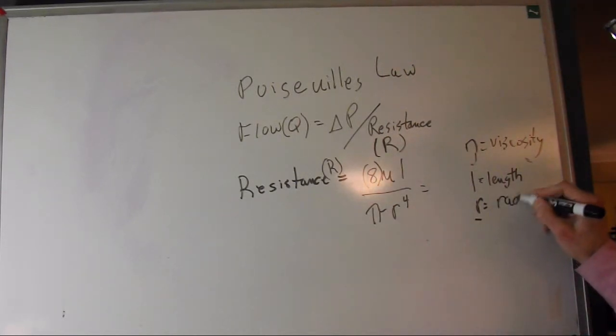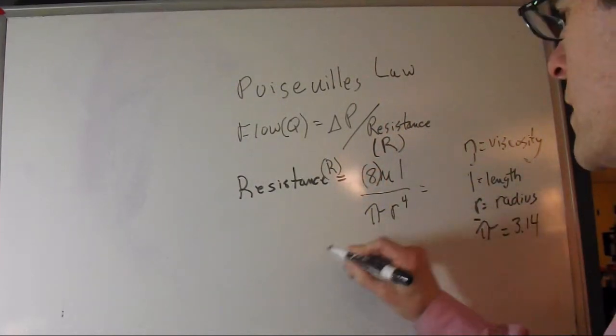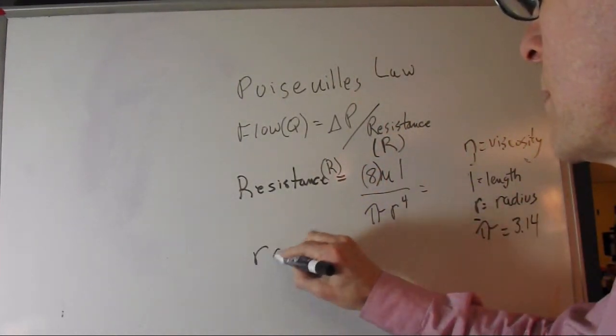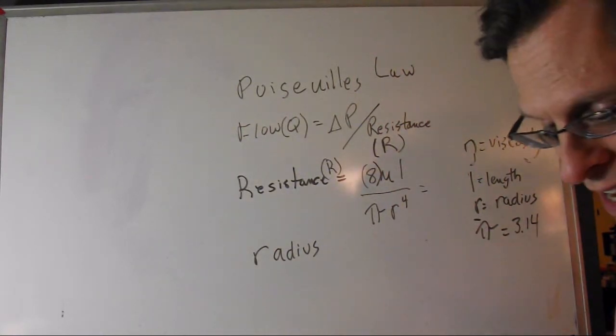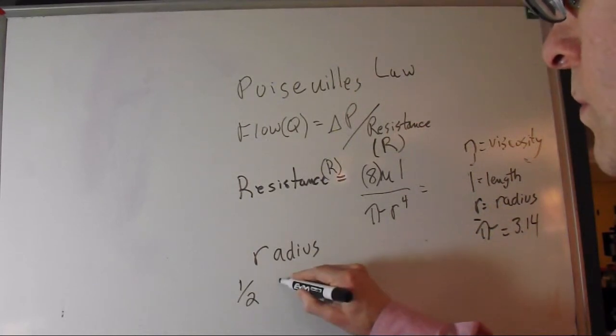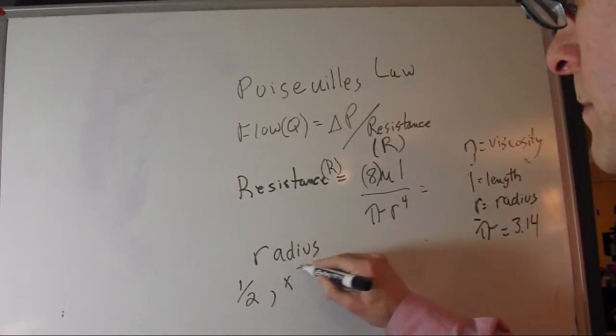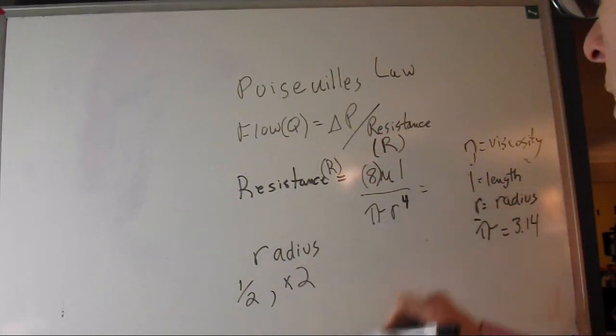That is the radius, represented by r, along with pi. So the only thing that can change is the radius. The rest are constants. If you change a vessel's radius or diameter by a factor of 2, either cutting it in half or multiplying it by 2, what will happen to the flow? Since this is a radius to the fourth power,